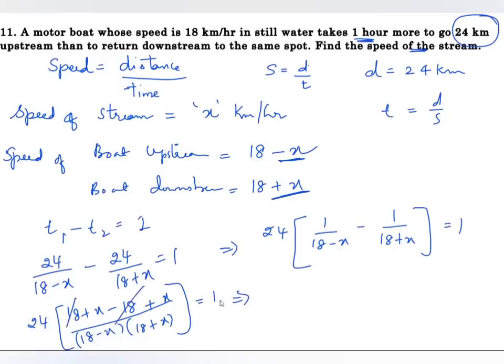Plus 18 minus 18 will cancel out. x plus x is 2x. 24 into 2x by 18 minus x into 18 plus x equals 1. 24 into 2 is 48, x, which is equal to